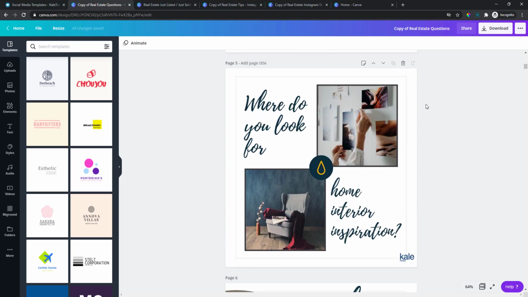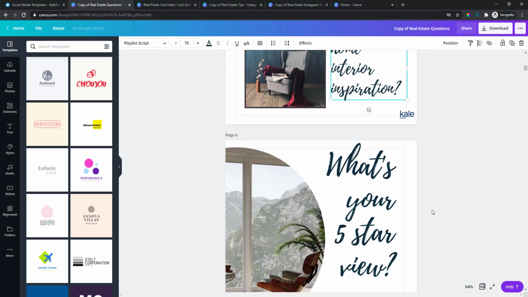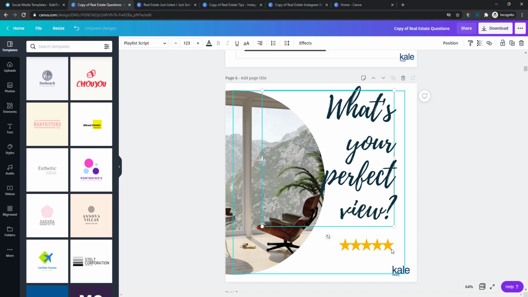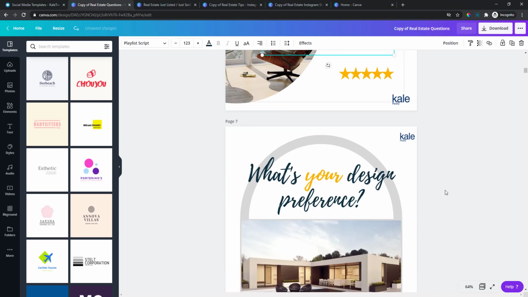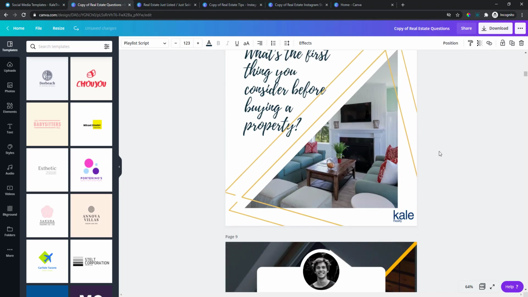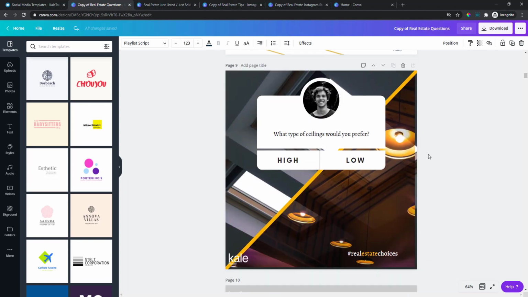You can modify them to make you look. And again, this is just a font. So if you didn't want to type in home interior inspiration, you could change it to anything else, right? You could change all of these to, instead of maybe 5-star review, you could do perfect review, put your perfect view, and then maybe get rid of the stars or something. So you get the idea. These are so easy. We've already done like all the hard work for you pretty much. And now you would just, now